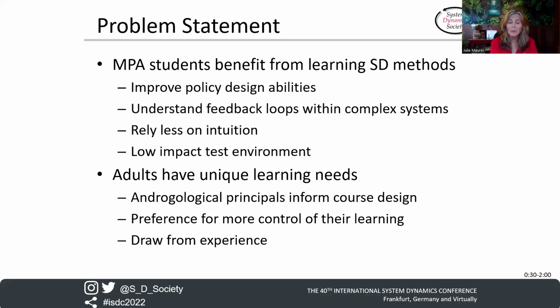It's important for public policy and administration students to enter the workforce with an understanding of why they should reduce their reliance on intuition and evidence-based strategies that consider only snapshots in time when addressing complex or wicked problems. Systems thinking can help them learn that these issues are resistant to policy interventions due to underlying dynamics within systems,